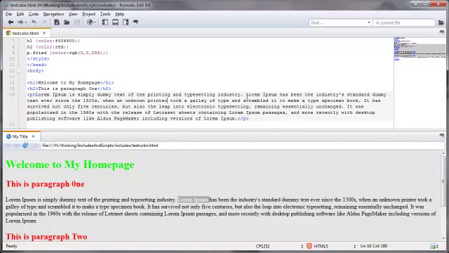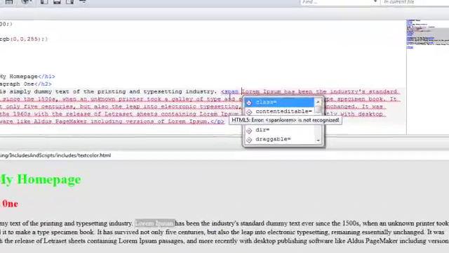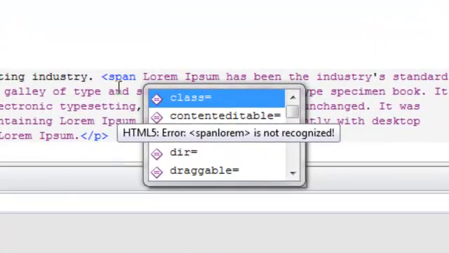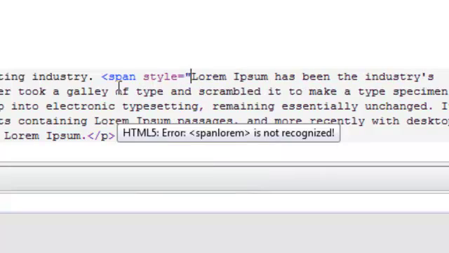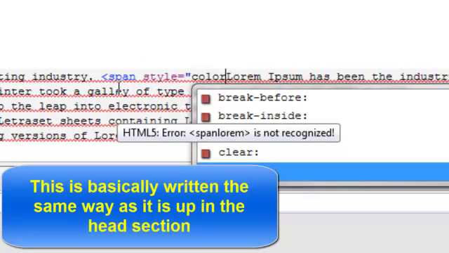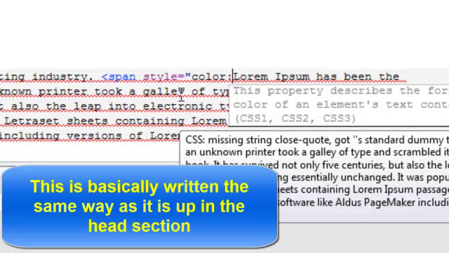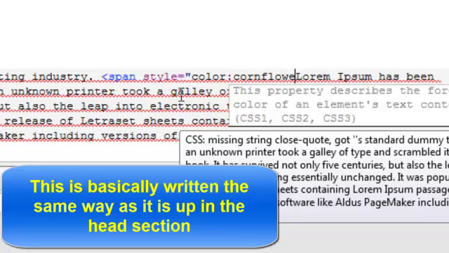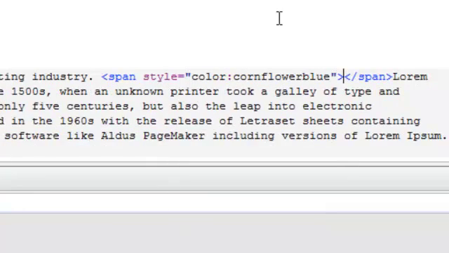And that would be, where are we at here? First paragraph, right here. So at the beginning, we want to put our opening span tag. Then we want to put a space. Then we want to put in the word style equals, then our opening double quote, the word color, colon. And in this example, I'm going to use the color name, and I'm going to go cornflower blue. Then let's close up those double quotes, close that opening span tag,